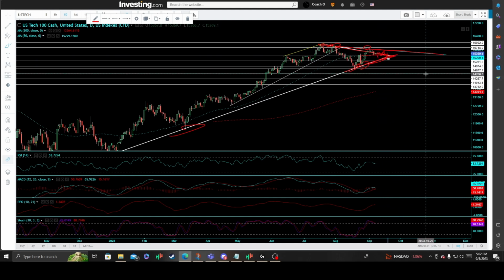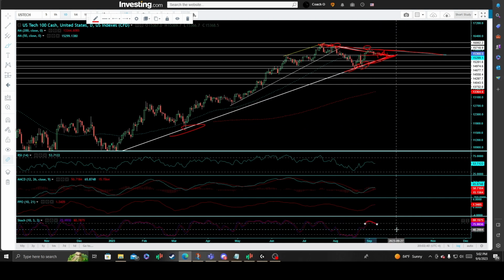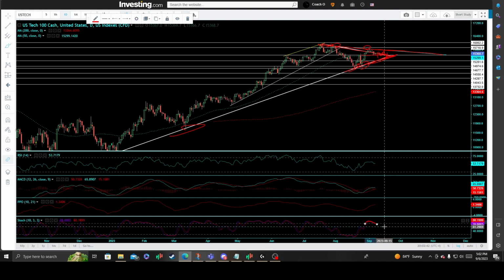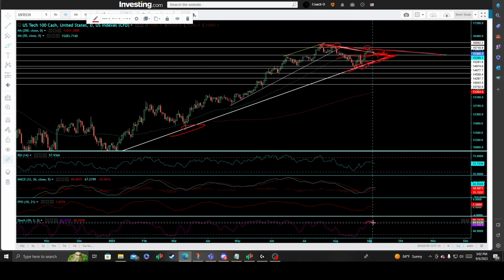key pivotal inflection point. Whereas we have the Stochastics 10-3-3 technical momentum indicator in a bearish crossover starting to wane down, and again I think a snapping of this 15,281 price support correlated with the 50-day moving average ought to do the trick for expelling further damage here in the Stochastics 10-3-3, and then ultimately potentially getting you that bearish crossover in the moving average convergence divergence. And I would only suspect a revisit of the primary uptrend line if and when that level goes.